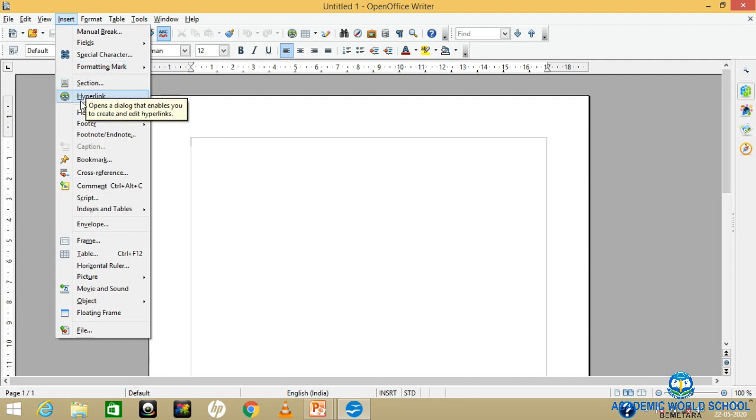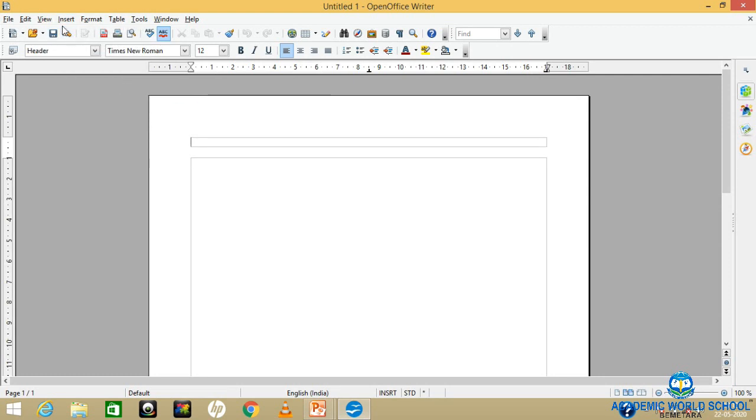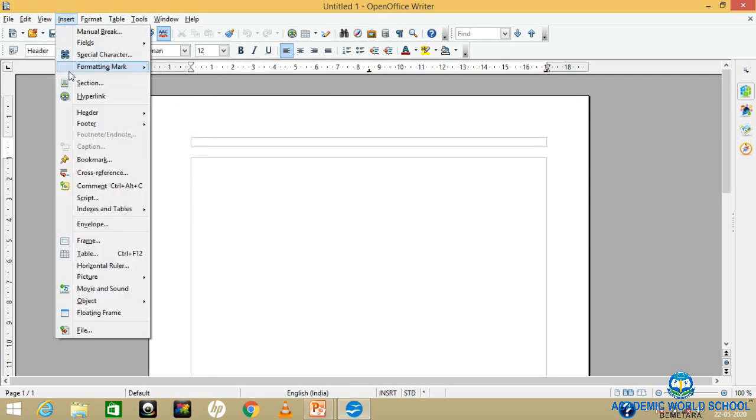Now the header is showing the option Default. What does default mean? Default means the matter which you take in the header will be available in all the pages.